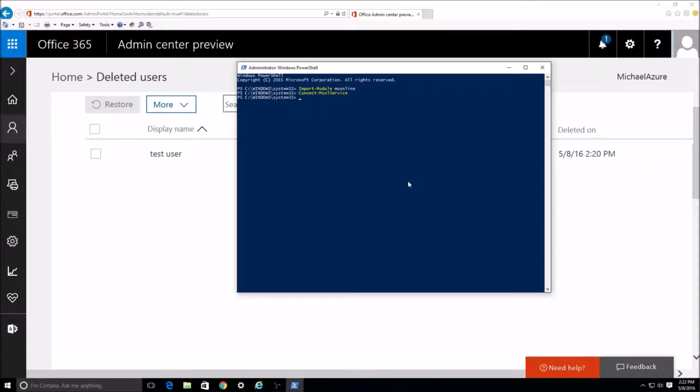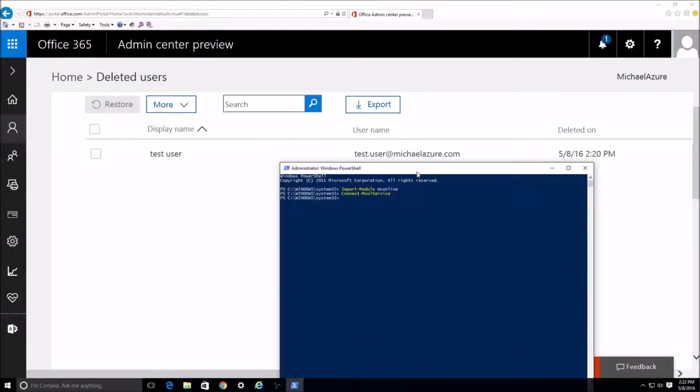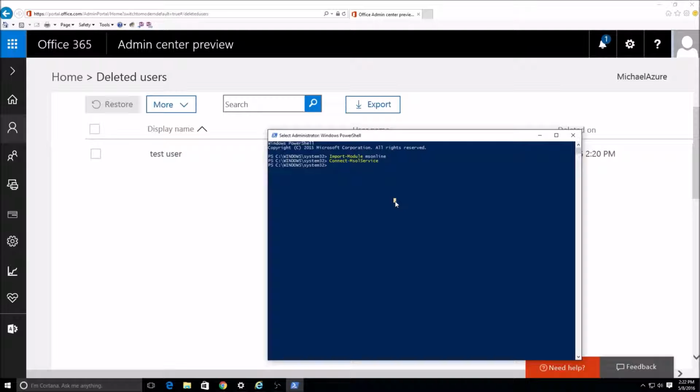So I'm going to go over removing this test user from 365. So this is in the deleted users. So I would run a command called Remove-MsolUser. Now say I just say Remove-MsolUser test.user@michaelazure.com. If I do not include the force switch here, then it's going to ask me for each one that I do. So I do that,